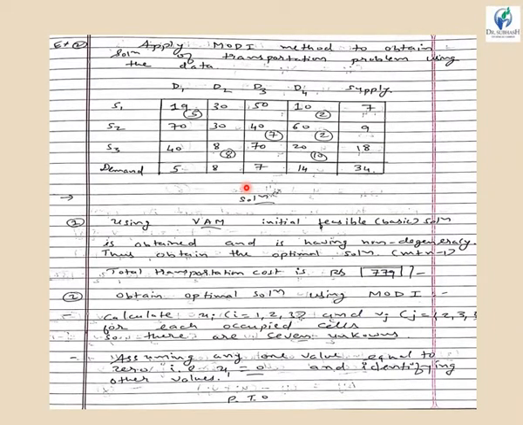So what is the main objective in this particular transportation problem? Our main objective is to reduce the total transportation cost from the supply point to the demand point. As the VAM method gives you the minimum transportation cost compared to the other two methods, that's why it is preferred over them, and it takes you closer to the optimal solution. This Modi method is ultimately used to obtain the optimal solution to the given transportation problem.